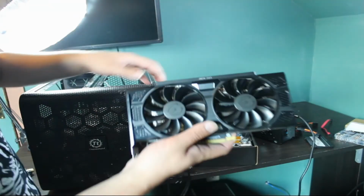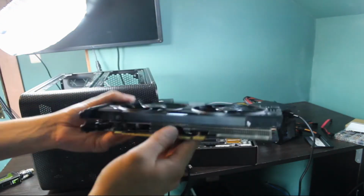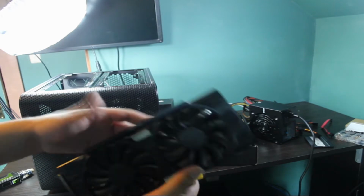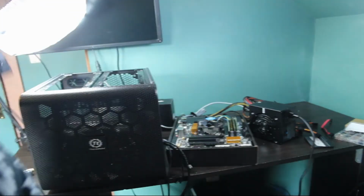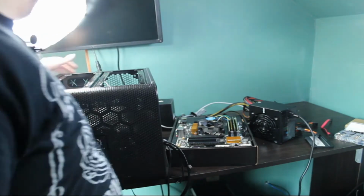GTX 1050 Ti. Actually doesn't require any external power, which is kind of cool. But instead I'm using this power supply in it, because it's kind of a waste of a power supply then. Could just get a power supply that doesn't need the extra power connectors. I have